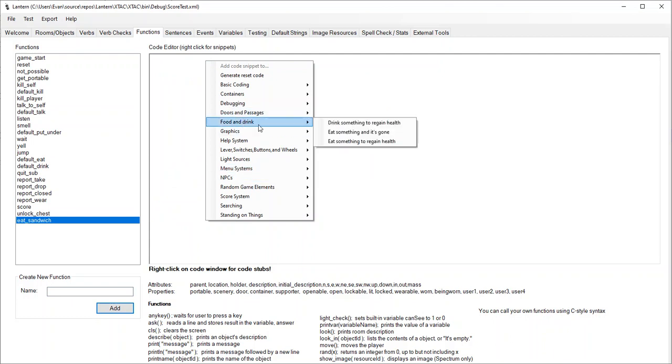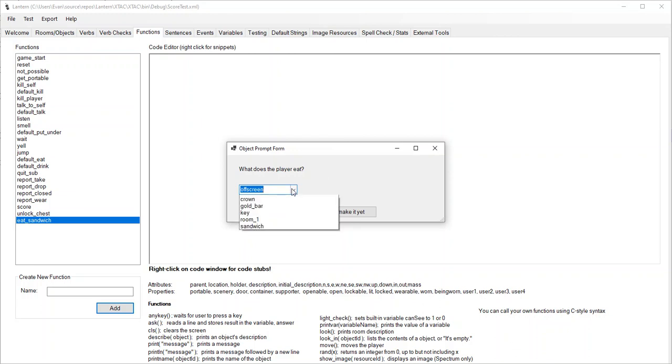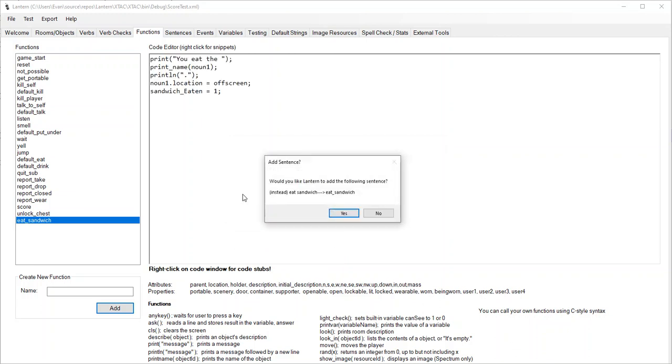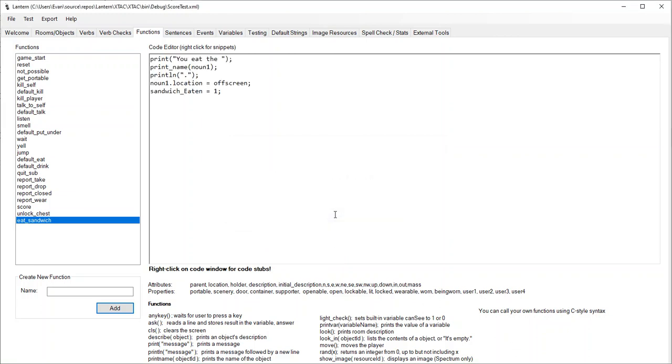Okay. Food and drink. Eat something and it's gone. All right, we eat this thing and it disappears. Great. What does the player eat? The sandwich. Awesome. Would you like me to add that sentence for you? Yes. So, oh, look at this. The snippet added a variable for us called sandwich eaten that we can use to track if the sandwich has